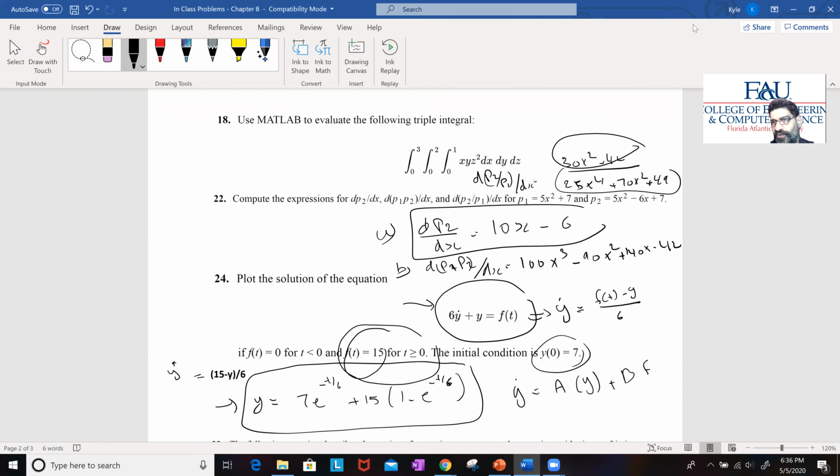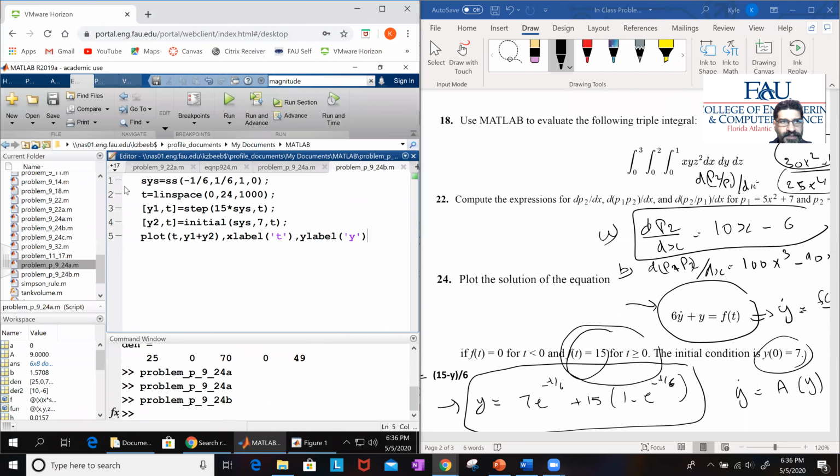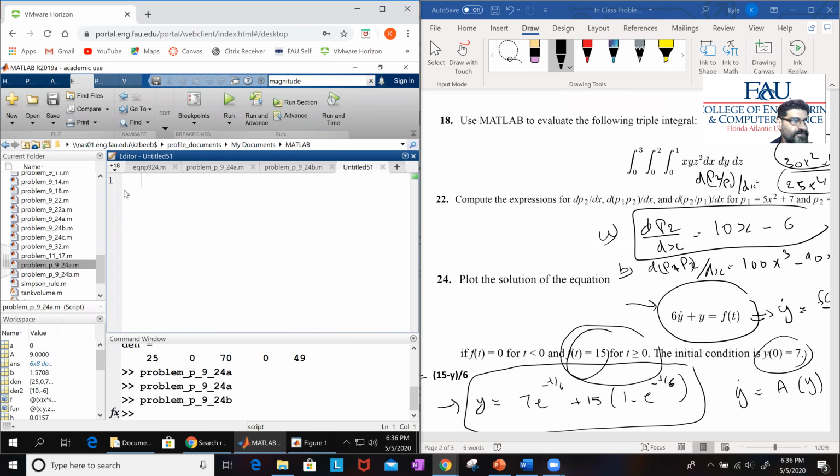Remember, they used the ODE45 and we used the LTI command. So let's go back, minimize that one and start a new function. I'm going to create an array of t. So let's do that. T equals, I'm going to start with 0, step 0.005, and again 24, suppress it, and then we're just going to put this equation. So y is equal to 7 times exponential of minus t over 6,